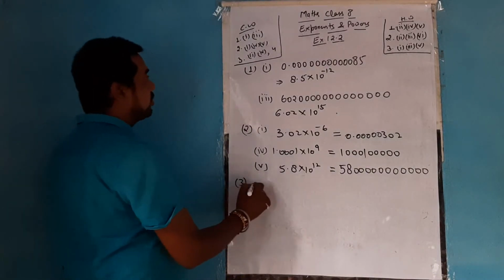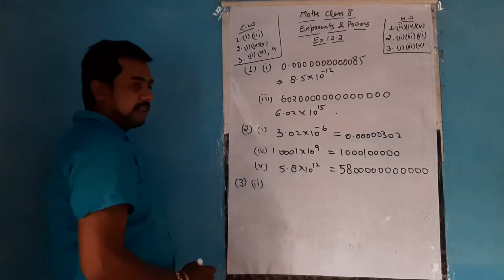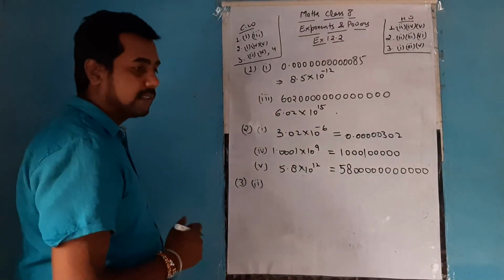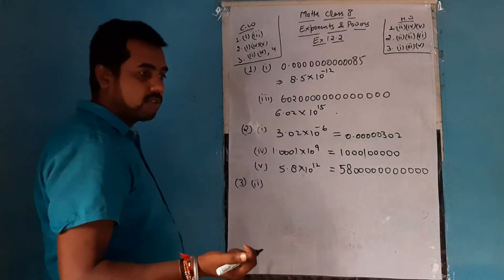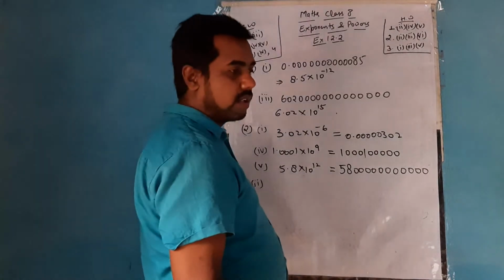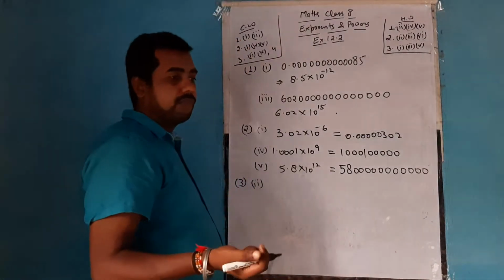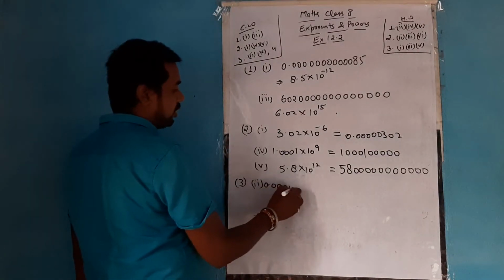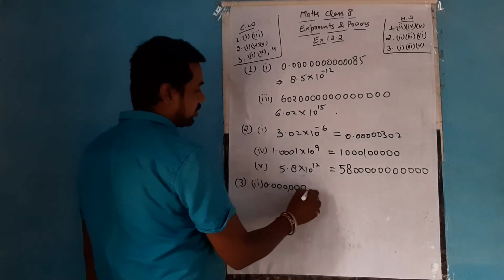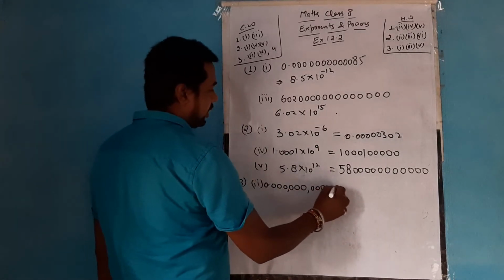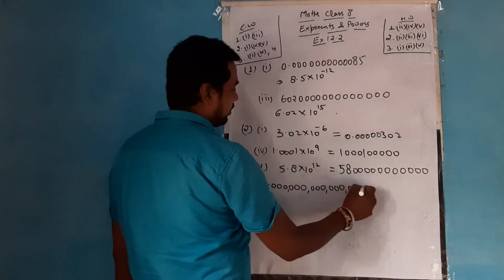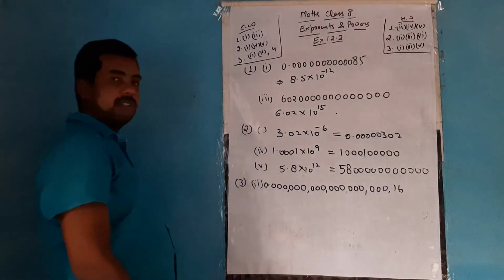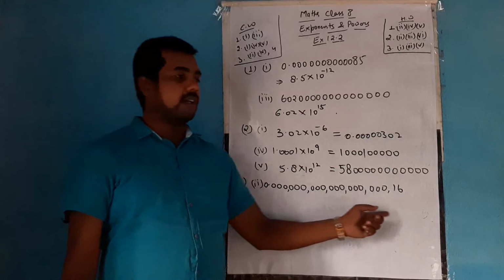Then in question number 3, second part, charge of electron is given. 0.21 times, I think 0 is there, 3, 6, 9, 12, 15, 18 times 0 is there. 0.1, 2, 3, 4, 5, 6, 7, 8, 9, 10, 11, 12, 13, 14, 15, 16, 17, 18. And then 16 coulomb is there, the charge of an electron.